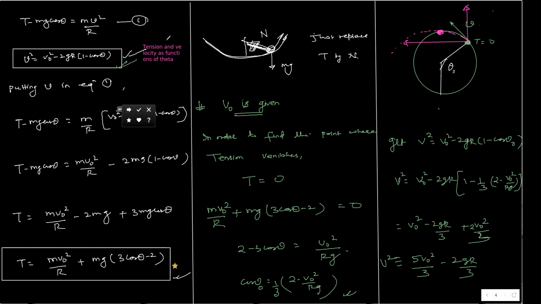So find the tension at any theta, and if that theta is less than the theta at the point of ambiguity, that means tension is vanishing before reaching the point of ambiguity. That means the particle is not completing the circle. Is that clear? Any doubt? Not way too clear, but I think if we solve the question, it would become clear. Yeah, I'll show you questions, then it will become clear.